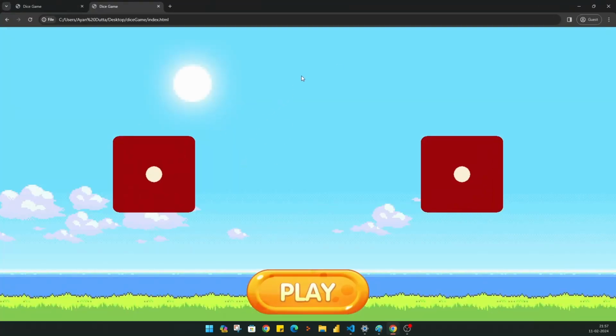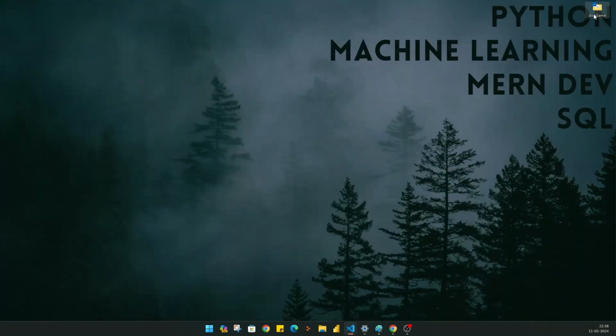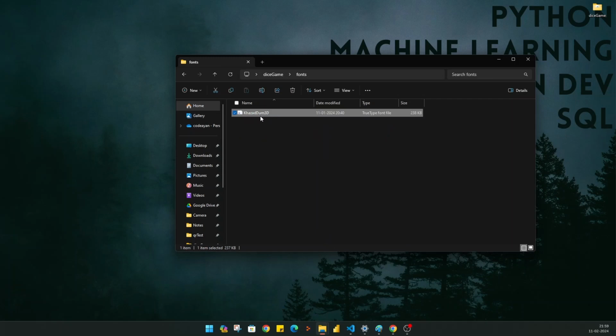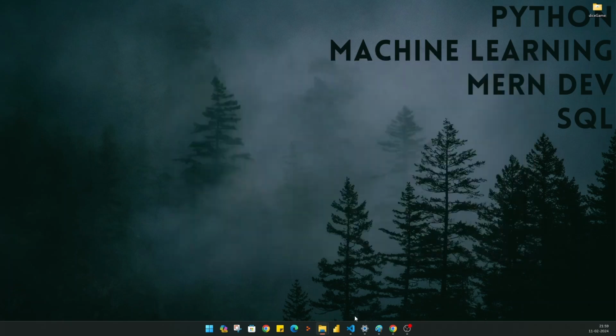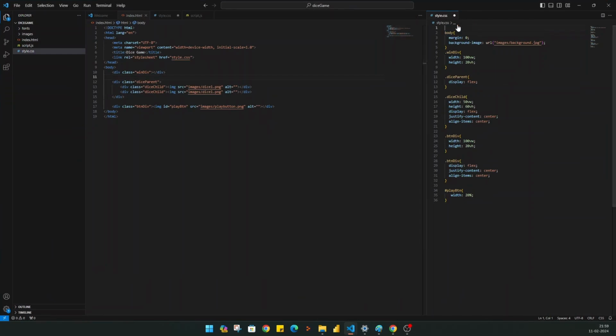Done. Now I need to add the winner declaration text here, this one. Here I am using a specific font which I need to import in the CSS file. So let me show you the font first. Here is our font that I have already downloaded from the internet. This is the file name. It has Khazadum 3D. This is a TTF file, a TrueType font file. So let's import this file in our project. Yep, here. To import it, I need to write